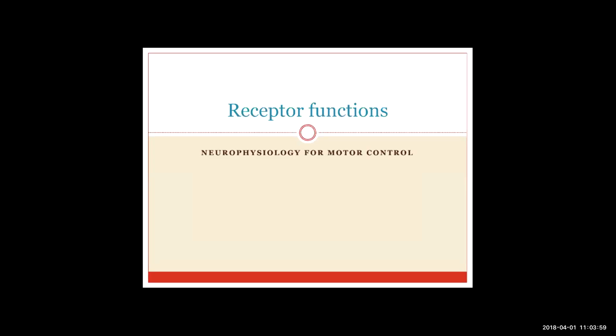Today we are going to look at the function of the receptors. This week would be the last week where we'll be seeing the individual parts. Even today, the second part, which Hariom sir will be taking, will be moving on to the upper level of the spinal cord. From next week onwards, we'll be looking at how the receptors and all these peripheral structures are controlled by the spinal cord. And then in the last 2 weeks we'll look at how it's controlled by the brain. So today let's start with the receptor function.